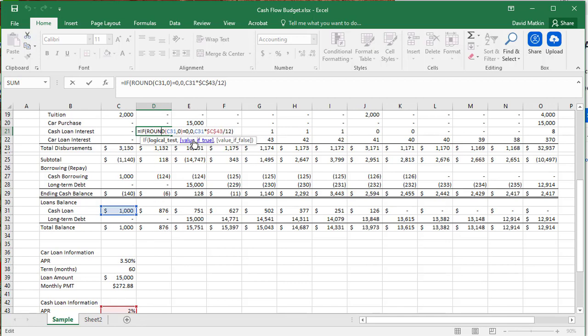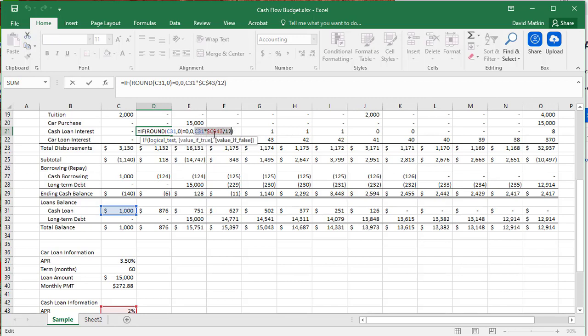But I use this kind of if statement, and you can look at it in your document. And what I do is I say if this value here in the previous month, and I round that value to no decimal places because I don't want to get into a situation where Excel thinks that there's like $0.00001 left to be paid just because there's a rounding issue, so then it triggers as false. I want it to be false if, rounding to the pennies, the loan has been paid off. So I round this previous balance to the nearest dollar, and I say if the nearest dollar value is 0, then pay 0 because we're not going to pay any interest. Otherwise, pay this